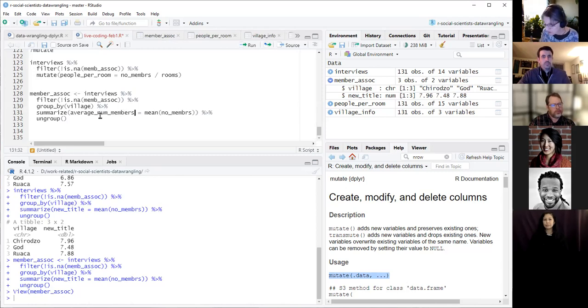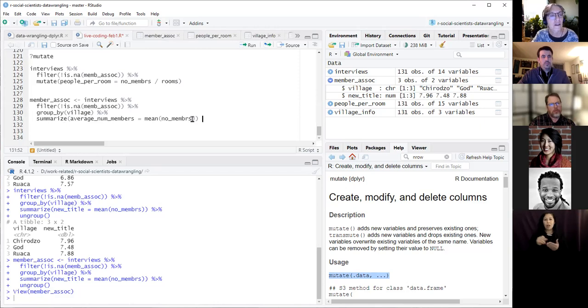So you could also add in there the minimum members. And for the moment, I'm going to take off ungroup. So let's say I want summarize, I'm going to only summarize these. And if I just run it like that,